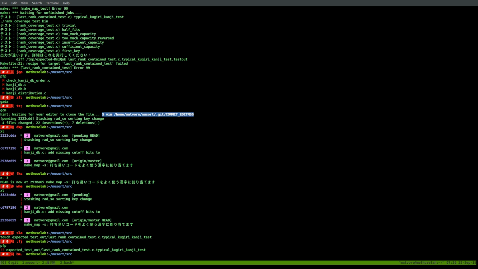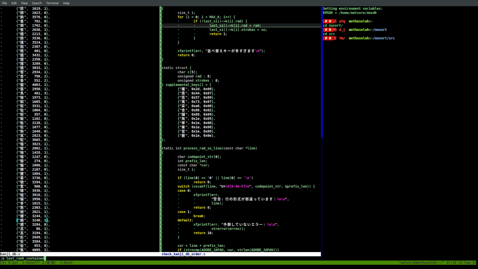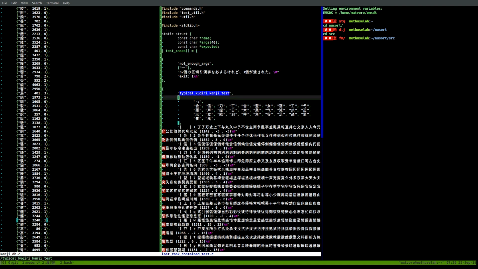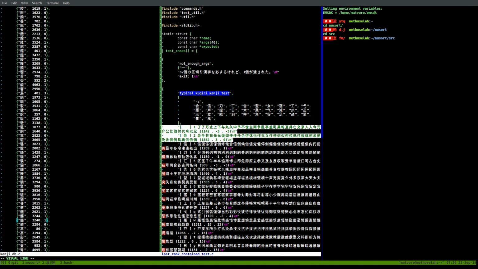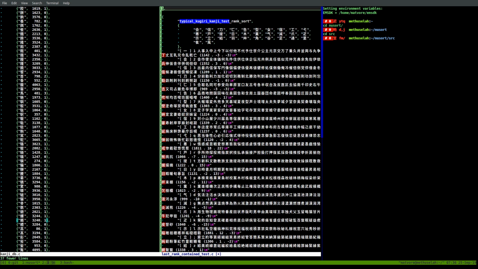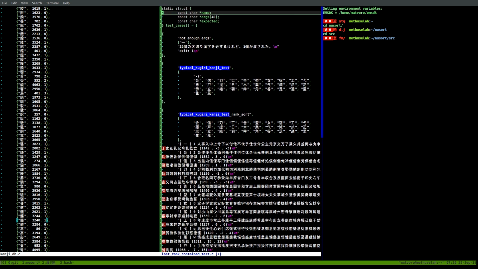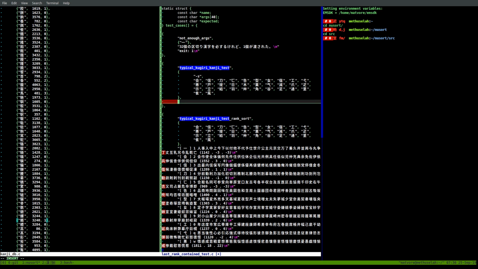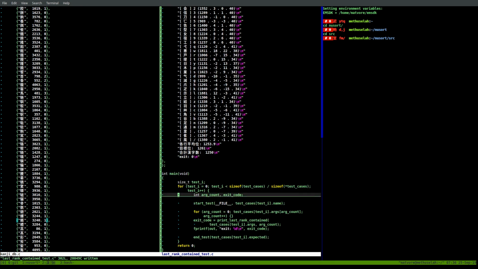Expect to test out. Okay, so this is an empty file, and Gokugiri kanji test last string contained test. So here we're going to remove this golden output from the file, delete, and we'll say expected is now 0, and that means that we will use an if. So this is all test driven, right? So that means now that we've set that